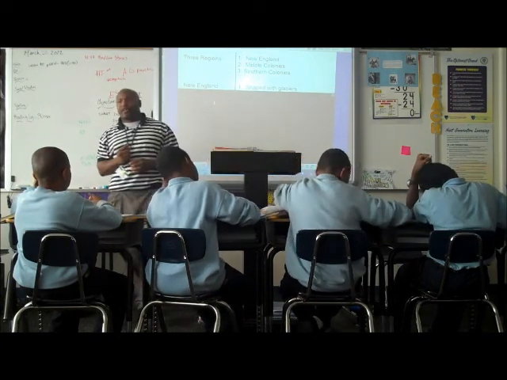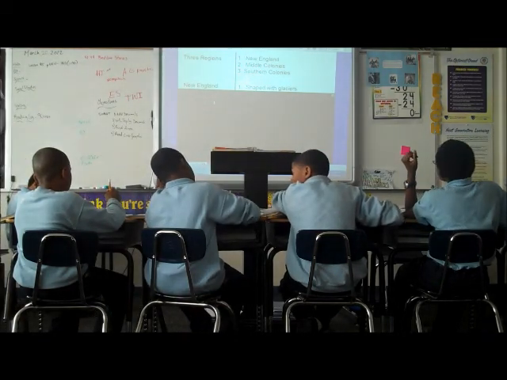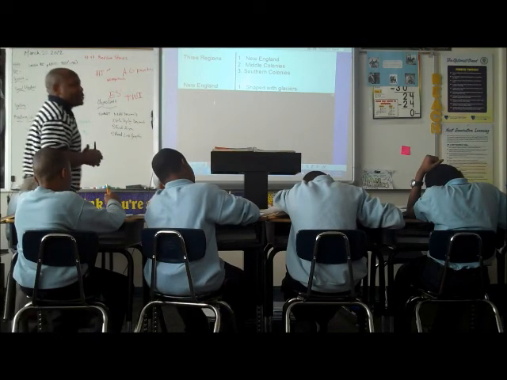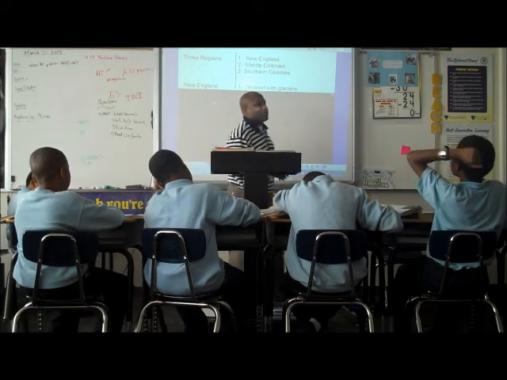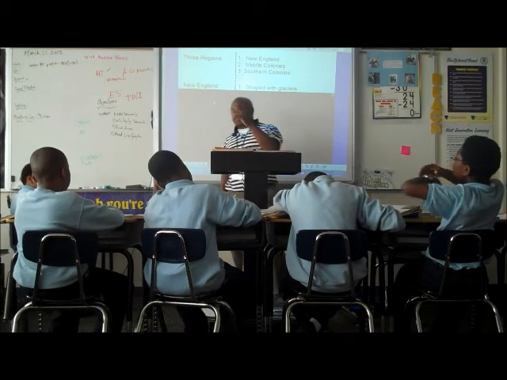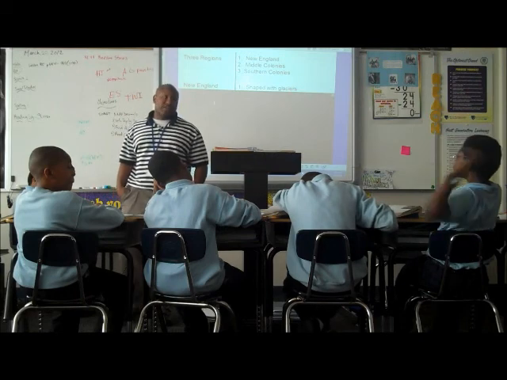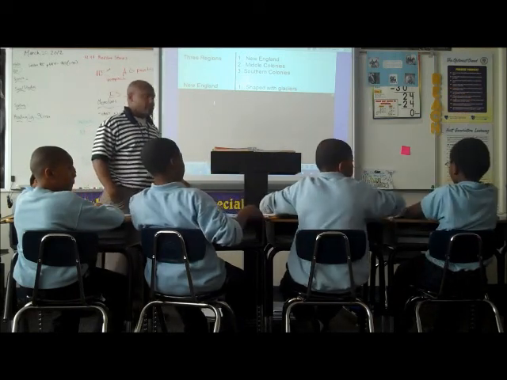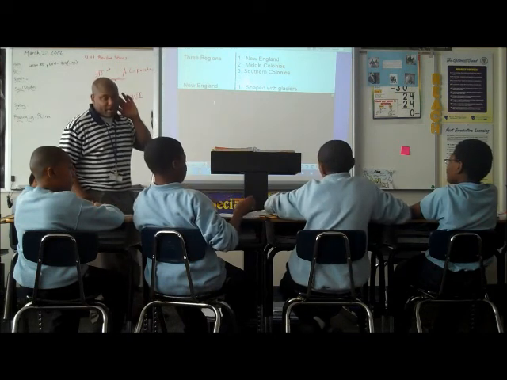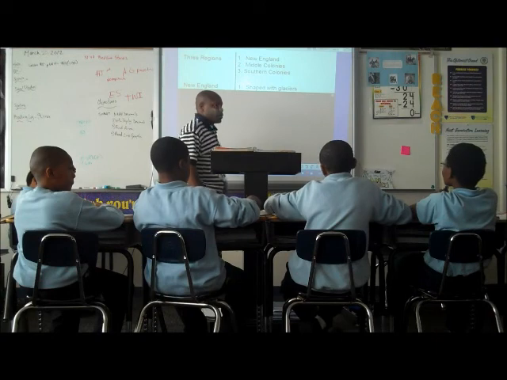The land of the New England colonies was shaped by glaciers. Can anybody tell me what they think that might mean? We said the land was shaped by glaciers. Darian? It was covered in glaciers. It was covered in glaciers, okay. Anybody else want to add? I didn't hear you, I'm sorry. Glaciers hit their land, okay.